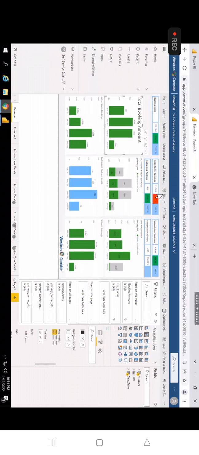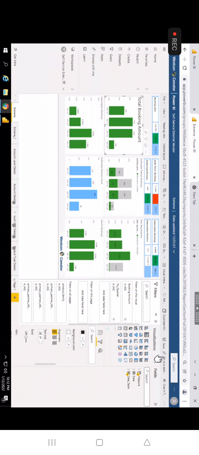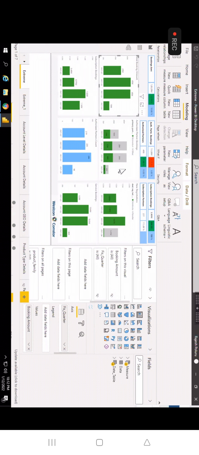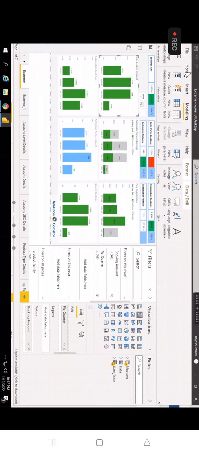For example, I want to add a new column. That is not possible here. See, where can you see the new column option? No, right? Even if you click on this ellipsis, you cannot see that option. I want to add a new column, so I added the new column and I forgot to change this total booking amount which I have done here. The same font size I forgot to maintain, because if you forget those changes and you publish it,